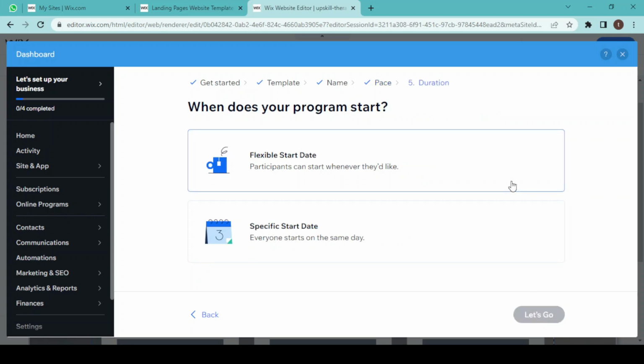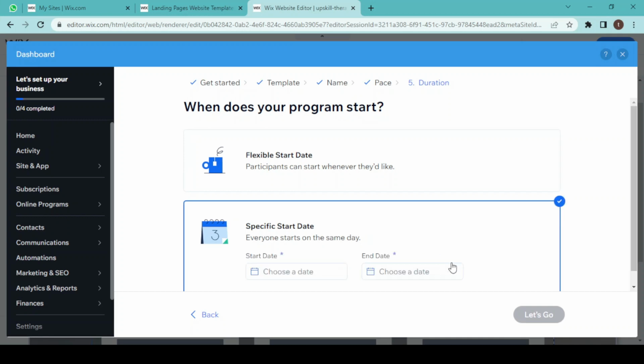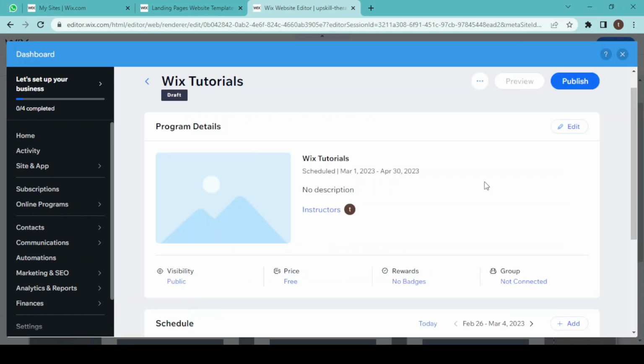And after that choose the duration. Either they want to start whenever they like or on the same day. So I'll choose specific start date, and then I have to choose the start date and end date of this course. Now our program has been created, but before publishing it we had to make some changes in here, like visibility, price, rewards. So click on edit over here